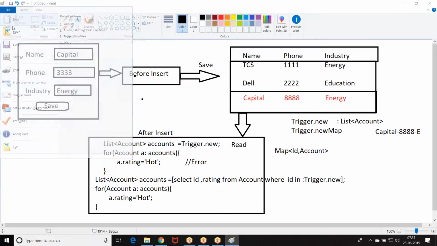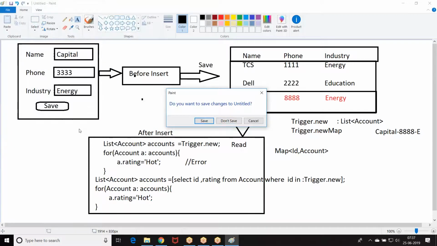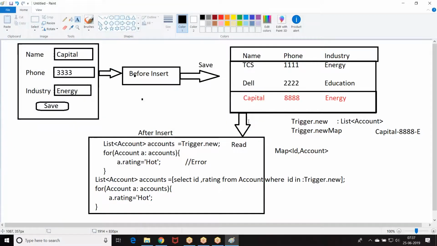Let me take some business use cases here. Now, my requirement is, I have a team. Look at the story. I have an account and account teams. Who can be the owner on the account? Only a single user can be an owner on the account. I cannot make you an owner on the account. Only a single user will be the owner.